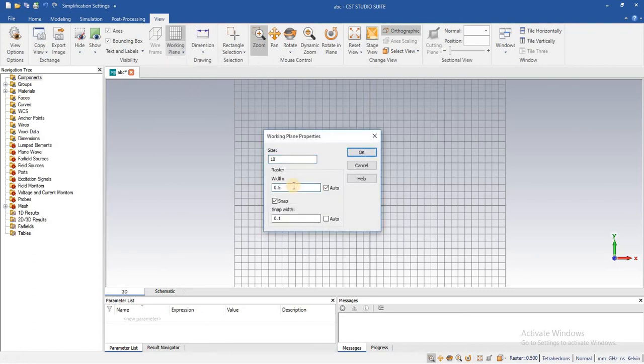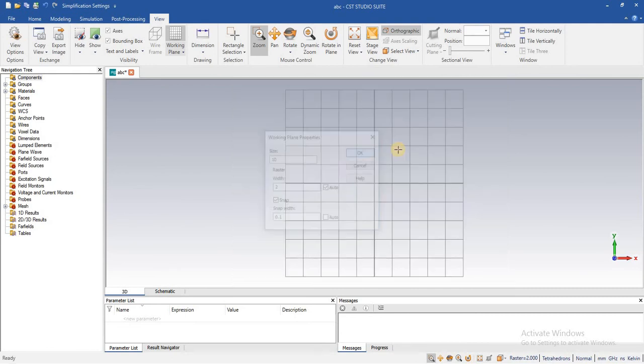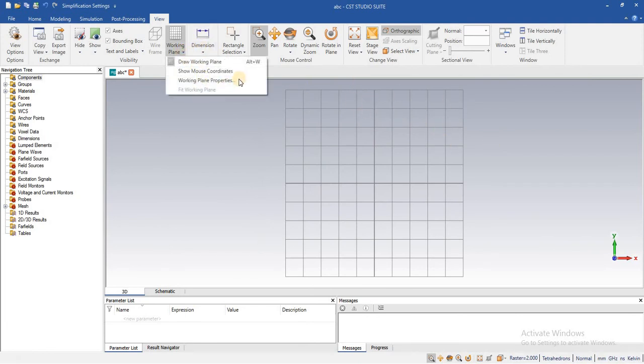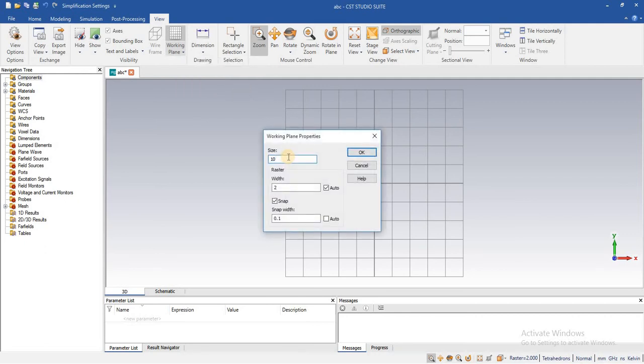We will see in the project how the working plane setting is useful. If we have a very large value, we can define a large grid width for each grid. Similarly, if you are working on a very big length and very big width, you can also define the size of the working plane.